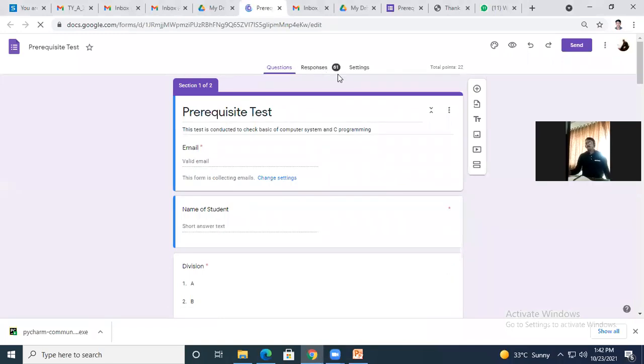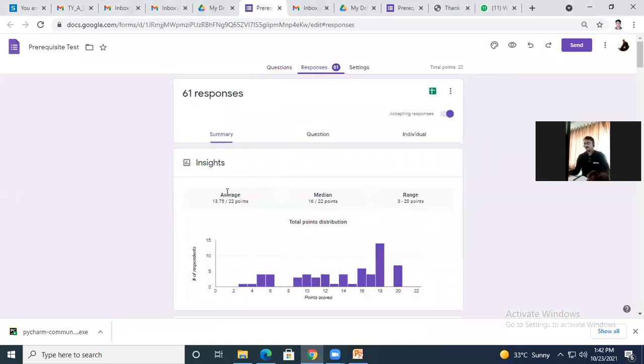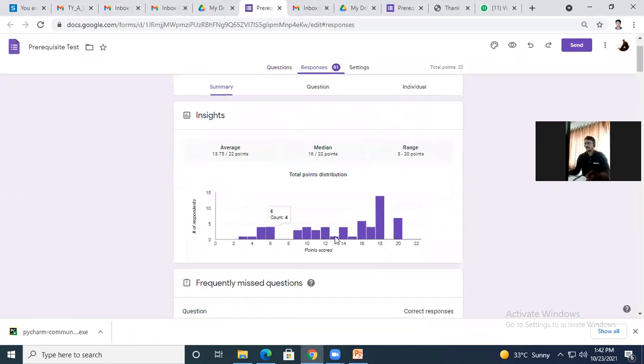Okay, this was the test, and 61 students responded to the test last time, including both A and B divisions. Out of 61, here is the result analysis.